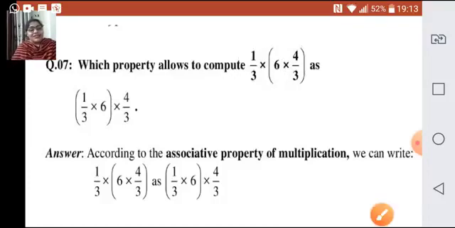I hope this was clear, children. The properties, how to apply them, what is multiplicative inverse, what is additive inverse, what is multiplicative identity, additive identity, and for which operations the closure property holds, that it is closed for rational numbers, which is true for associative, which is true for commutativity. I hope it was clear.